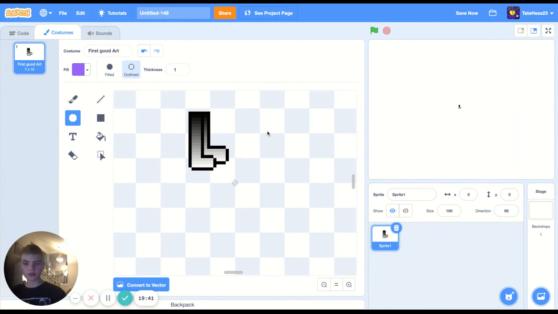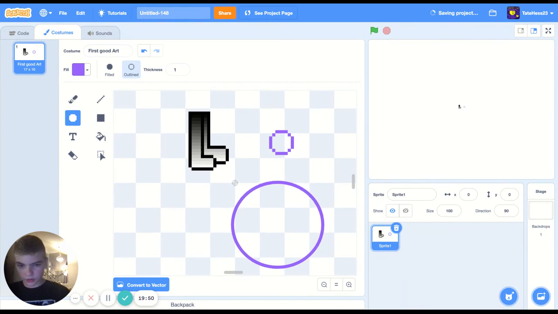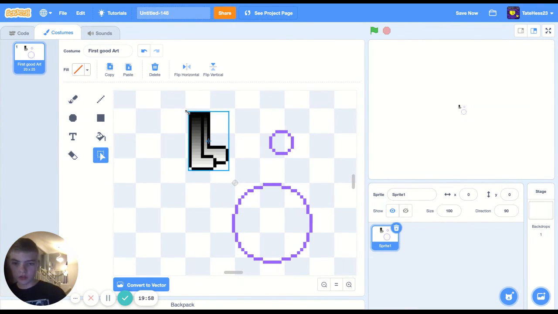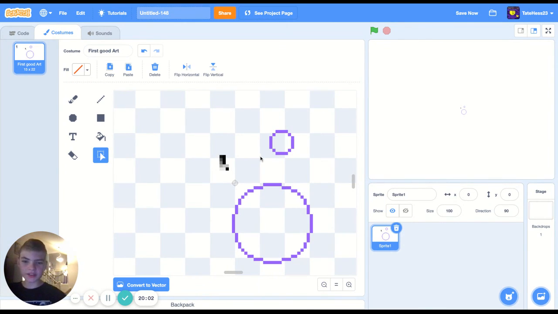Also, if you want to make a good circle, all you have to do is take the circle tool, set it to a size 5 or smaller, and then make the circle. It looks like this. And then if you want to make a bigger circle with more art, you can just make the circle bigger. And then you can also shrink it. Select shrink, and then it will be shrunken. But since it is shrinking so far, it just turns into